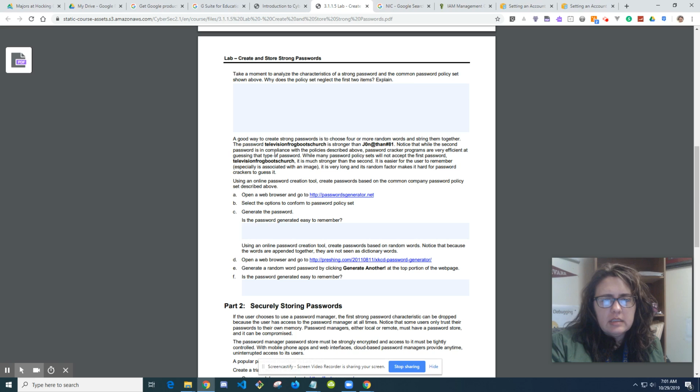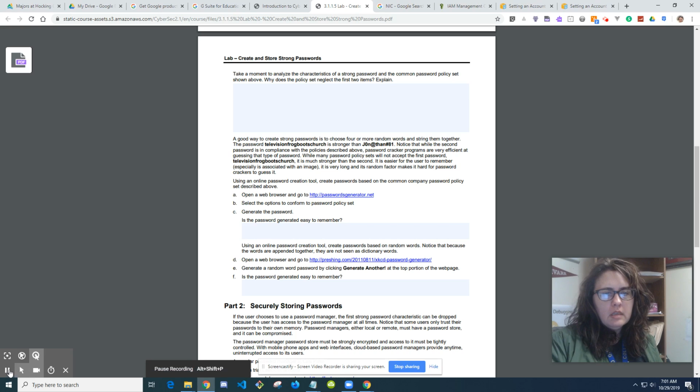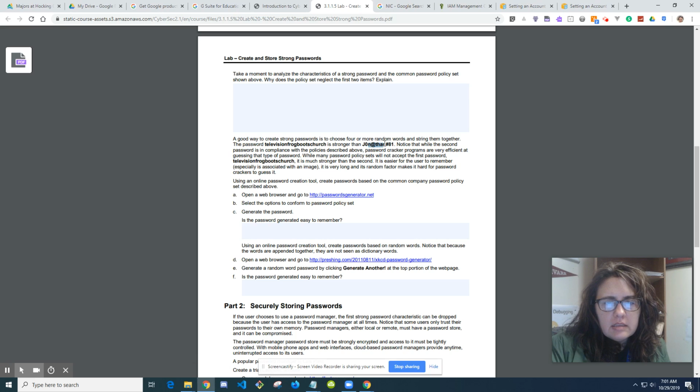Okay, so let's see. So passphrases. While many, let's see. Notice that the second password is in compliance because it's got the special characters and all that stuff. Password cracker programs are very efficient at guessing the type of password. While many password policy sets will not accept the first password, it is much stronger than the second. It is easier for the user to remember. And it's very long, and its random factor makes it hard. Okay. Using an online password creation tool, create passwords based on common